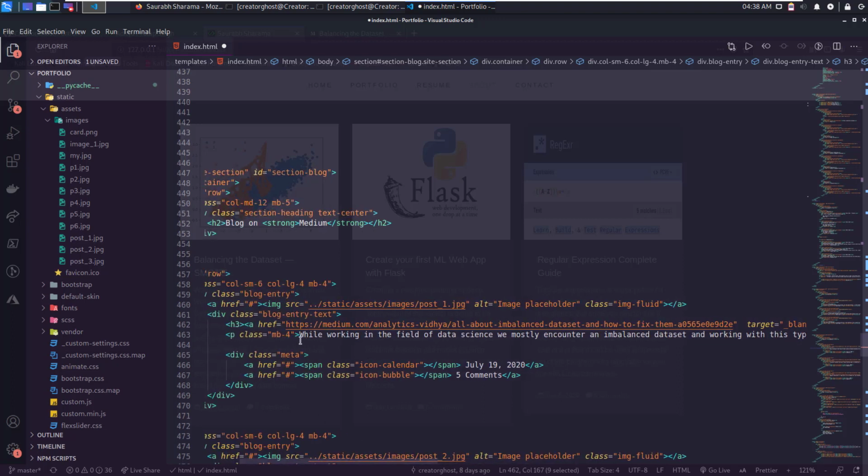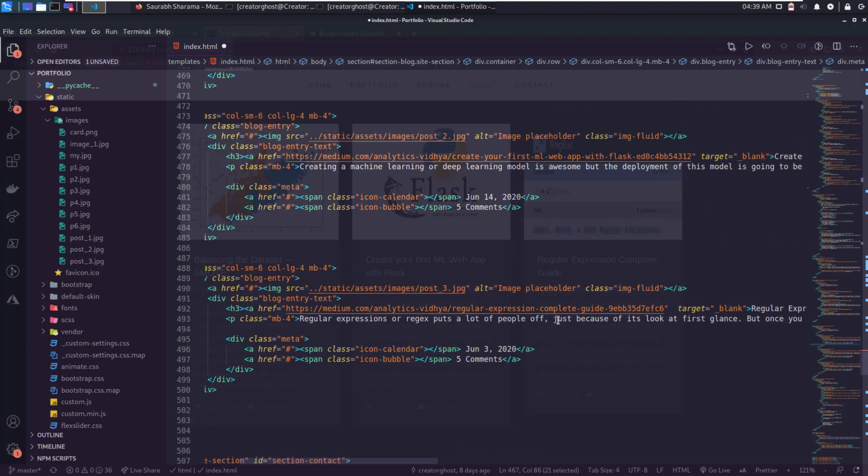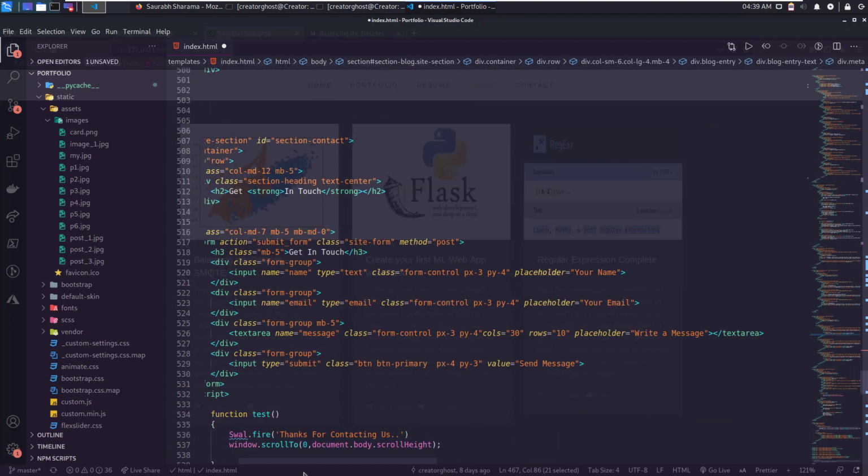And also here we can specify some brief detail about what our article is, so that if someone is interested in reading, they can take a quick look, and then if they are interested, they can continue reading your post. And here we can also specify the day you posted, and how many comments you have received, and so I have added 3 of them. You can copy paste these 3 codes one more time to have 6 posts. But I just want to showcase my top 3 posts that I like, so I have done it this way.